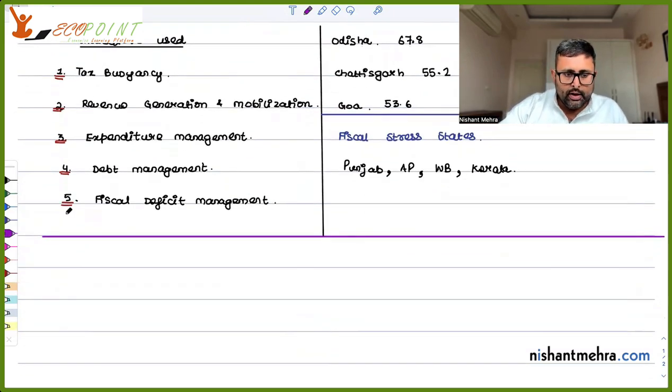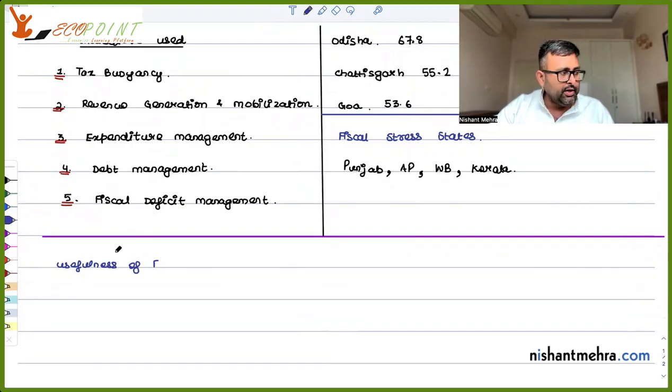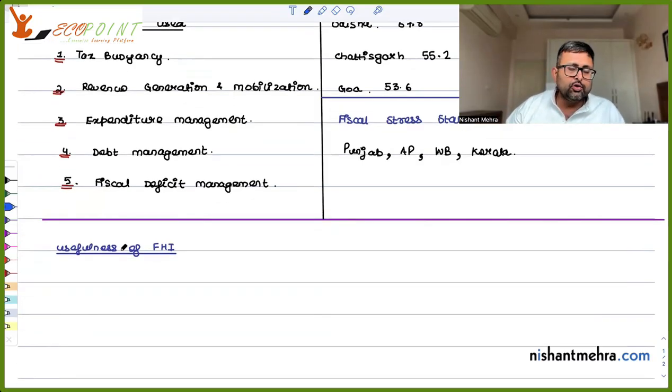So usefulness of fiscal health index. So it is allowing states to measure their position relative to the other states. Are they doing better or are they doing worse? Are they among the top performers or are they among the lowest? So one state can learn from the other. So it is helping